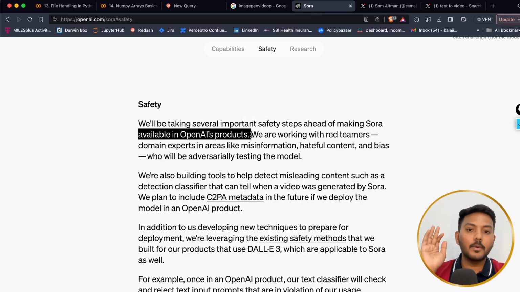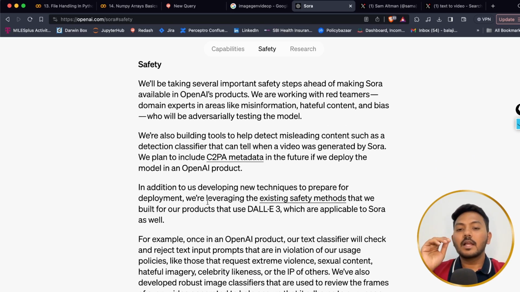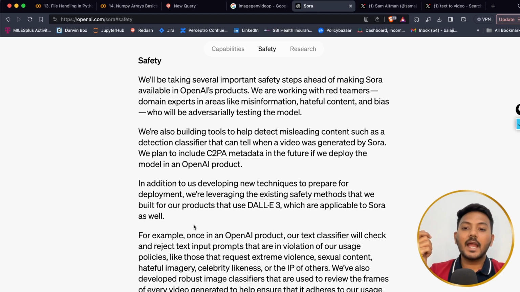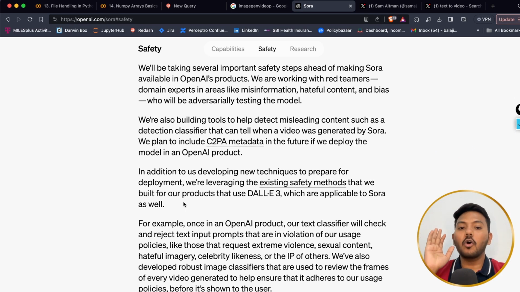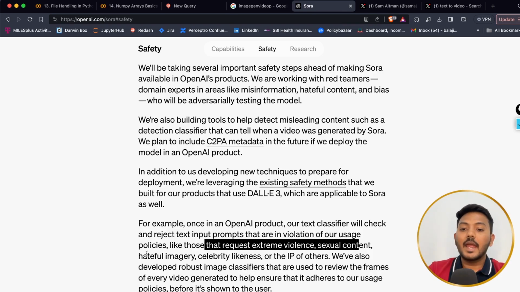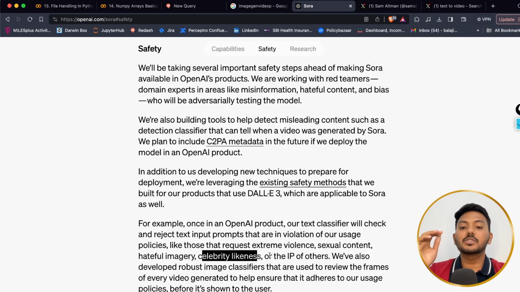Right now, it is not available to everyone, and before generating any kind of video, it will check all the inputs whether they are in violation of the usage or not. It will check for policies and requests for extreme violence, sexual content, hateful imagery, celebrity likeness. So it will filter out all of those kinds of prompts, and it will generate videos which are not too hateful or too extremely violent or too sexual, guys.